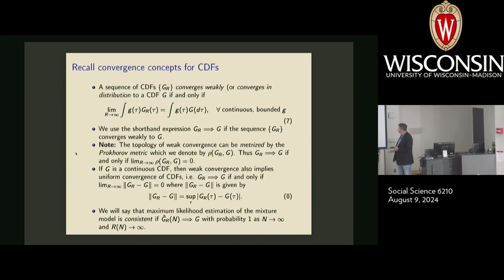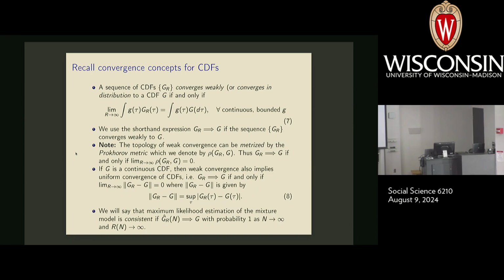So let me go to the next slide. Now let's just recall some convergence concepts just to understand this. We remember this called converging weakly, or converging in distribution. One way to define that is to say G_R converges weakly or in distribution to G if for any